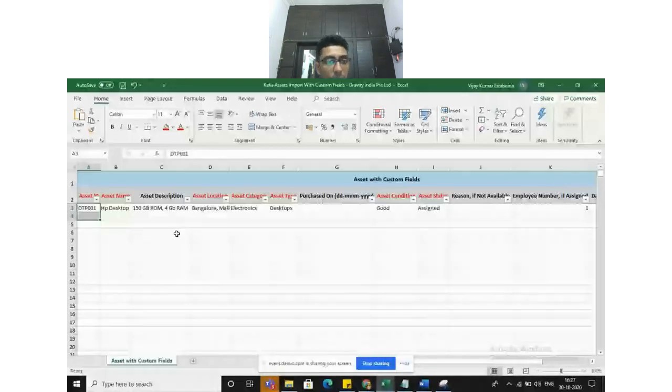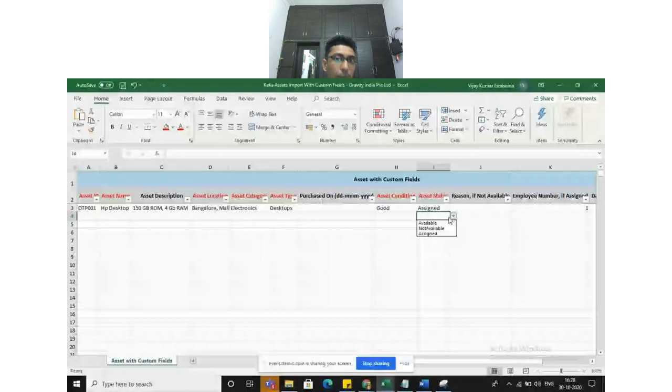Likewise, we can add all the details of all the assets, be it hundreds or more. You should be able to create a unique asset ID and unique asset details, and import it. If an asset is already assigned but you are doing it late on Keka, you can still mark it as assigned in bulk, as past data, and import it. That will be updated on each and every employee profile if it is in assigned condition.